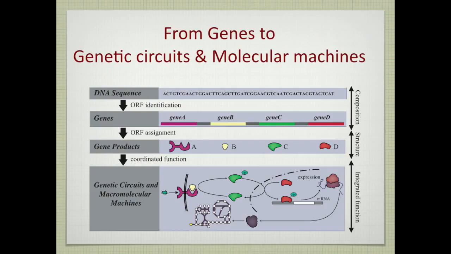We also think of molecular machines, that many of these gene products aggregate in space and form supermolecular aggregates, the ribosome being a very familiar one, DNA polymerase and so forth. So this is the low level of thinking about how gene products come together to execute our functions. So we think about circuits, genetic circuits, and molecular machines.